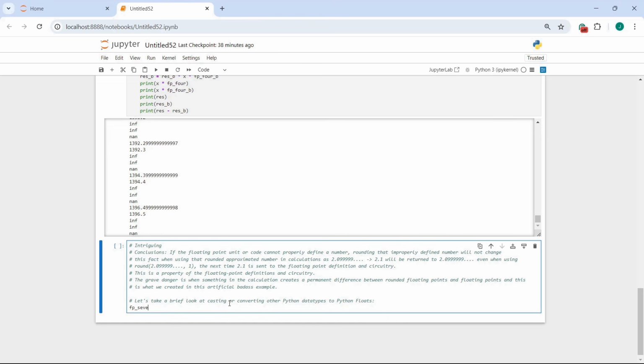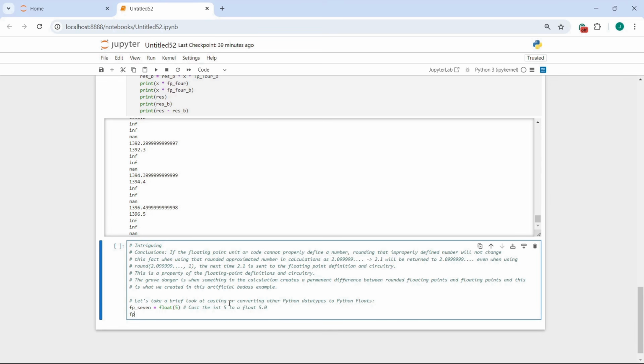So we type floating point 7 equals float 5. And this code will cast the int 5 to a float 5.0. And we will create a floating point 8 as float